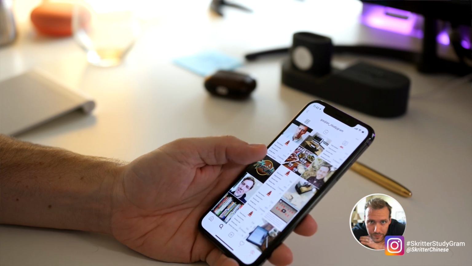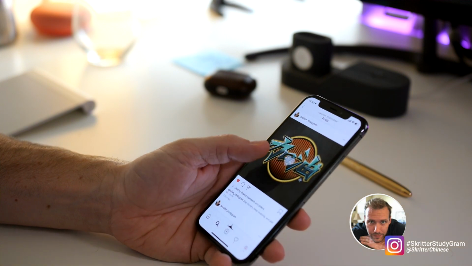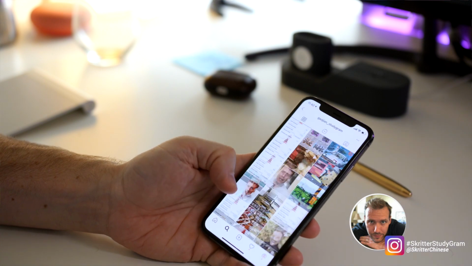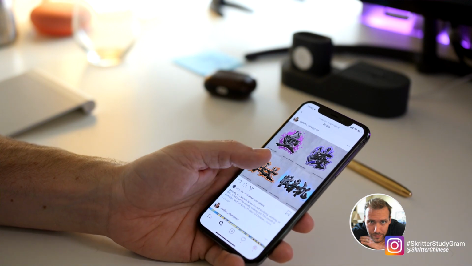It's Galgen_StudyGram. And I've been doing this regularly already, but I'm going to double my efforts, maybe talk a little bit about some of the things that I'm working on, some of the struggles that I have, what characters might be pesky or whatever. So I'll be doing that daily. I think I'm going to be using the hashtag, I use Skritter StudyGram every single day, and I'm just going to be posting every single day.